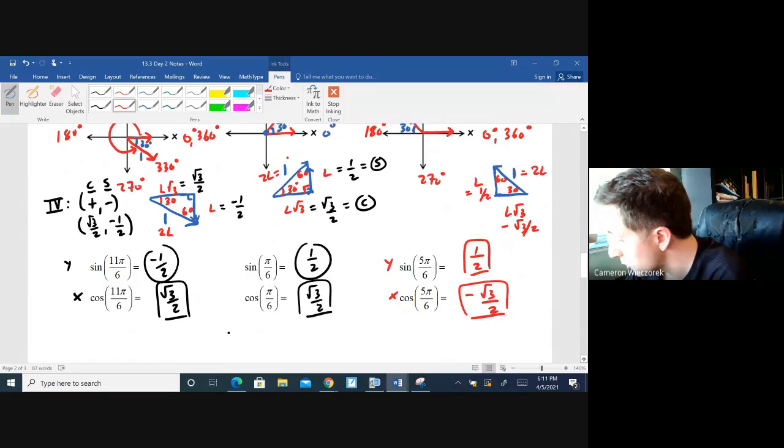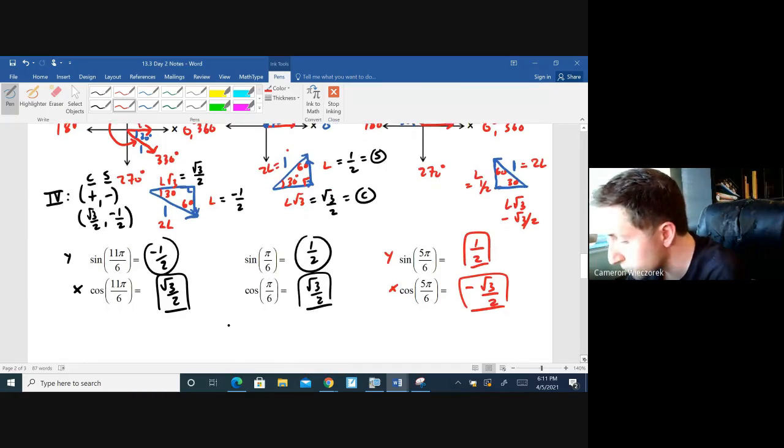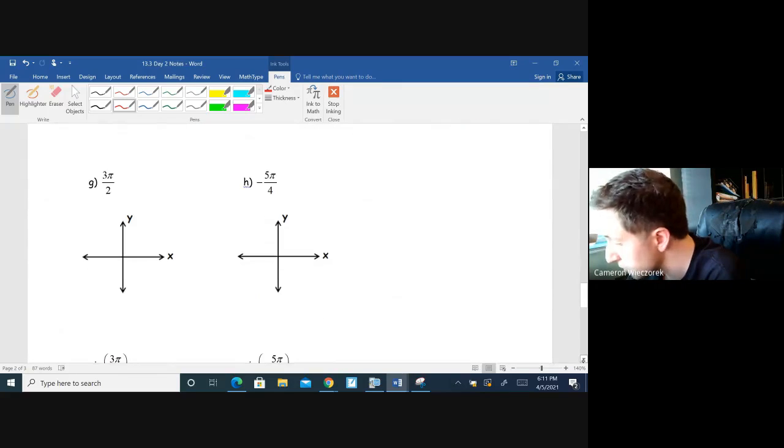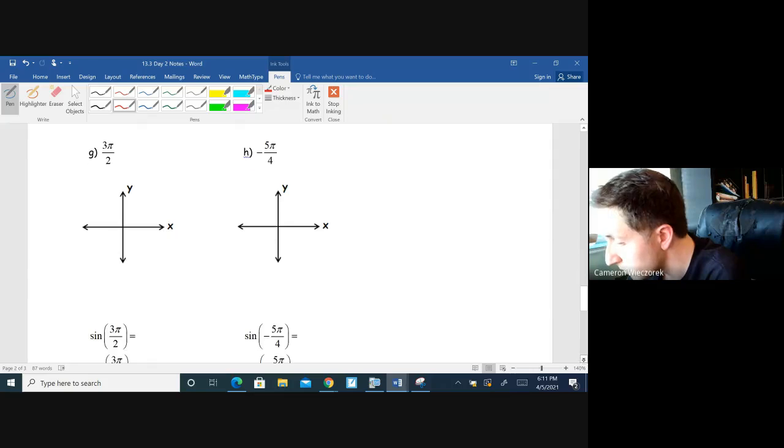Okay, if you need to pause anything or go back and take a look at some of these, go for it. We got 2 left. Again, if you're getting the hang of this and you want to try these out yourself first, go for it. If you want to see a couple more modeled before you start the Math Excel, I'm going to keep going